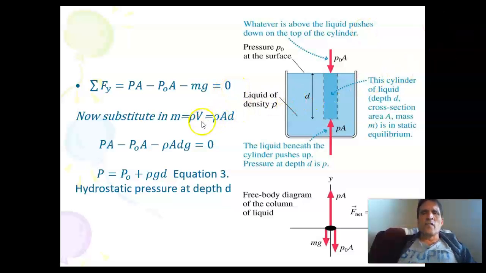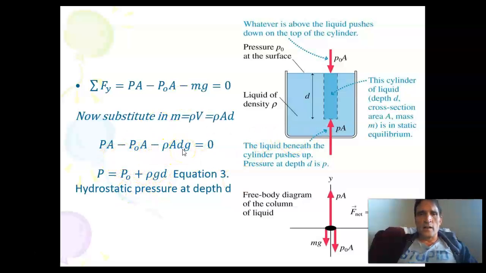Okay, now the next thing we have to do is write mass in terms of the density of the fluid times the volume of this parcel of fluid. The volume is equal to the area times the height. So area times d is the volume, rho is the density, and we substitute this in for the mass, and our Newton's second law becomes this